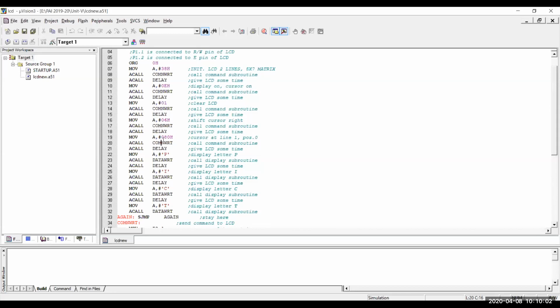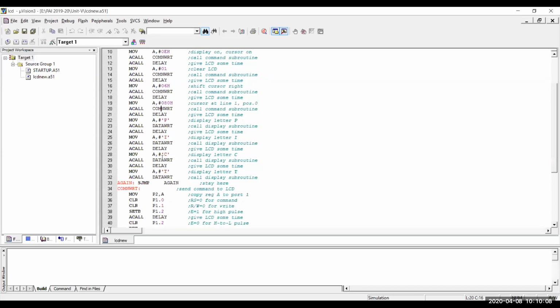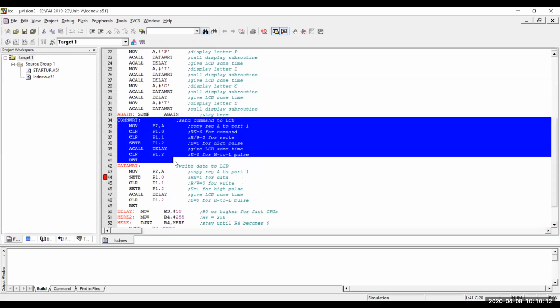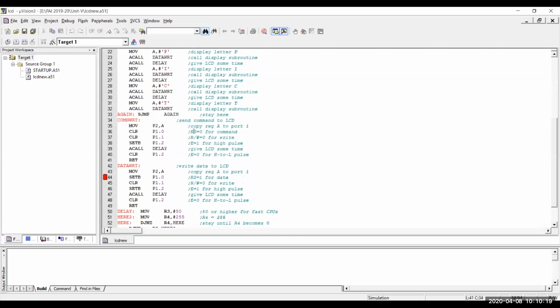Now after each command code, we call a routine called the command routine. Why are we calling this routine? Because it is a command code for the LCD. Here you see the value of RS is given as 0, so we clear P1.0.